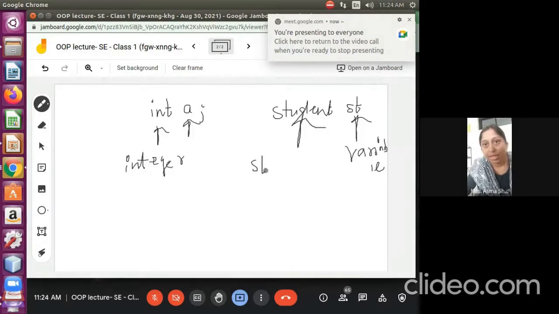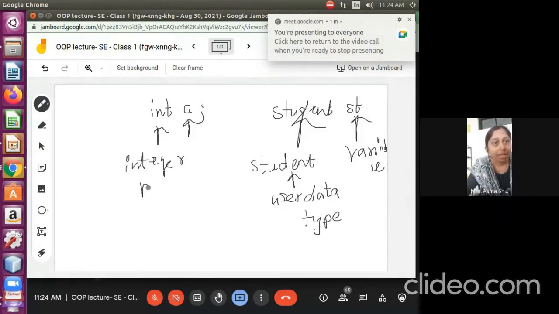So here the data type is student. Student here is working as a user defined data type. It is a user defined data type because we have created that data type. We mentioned that this student has these many attributes.